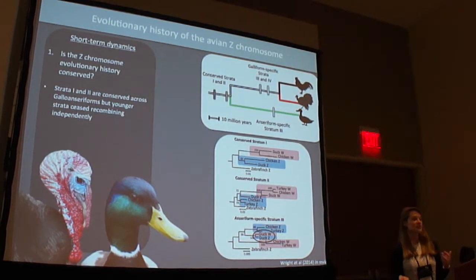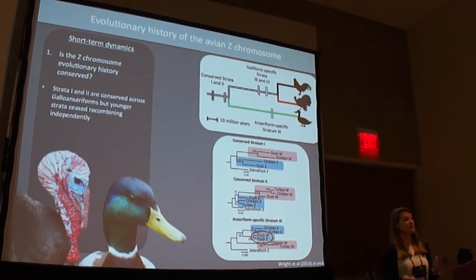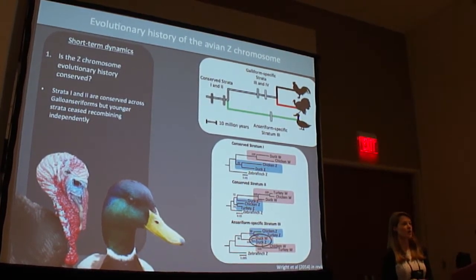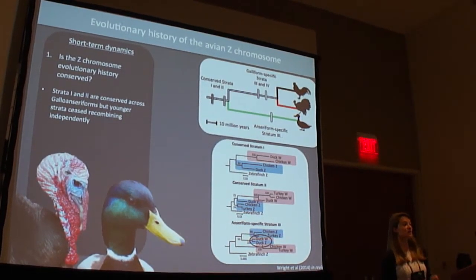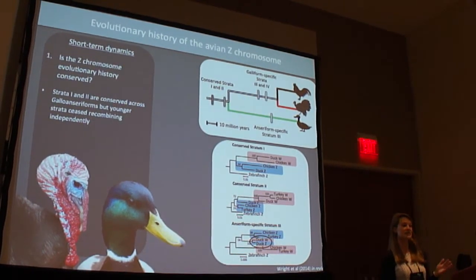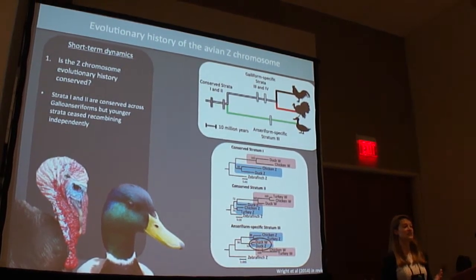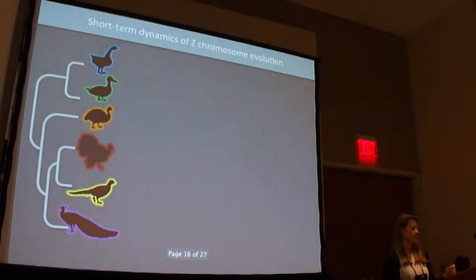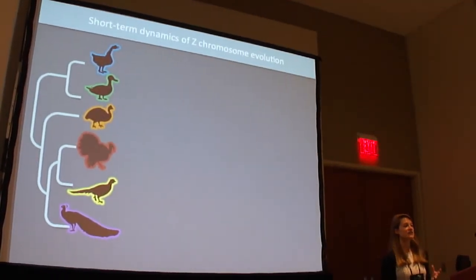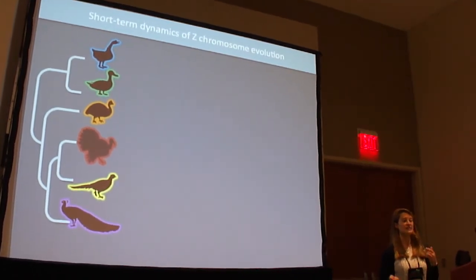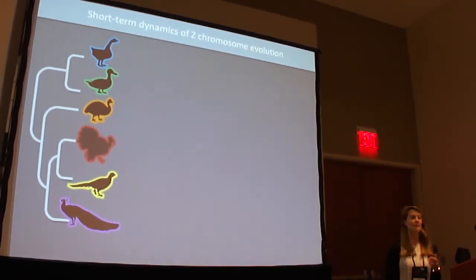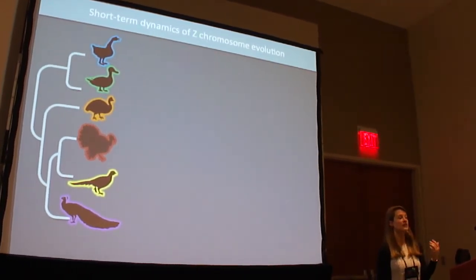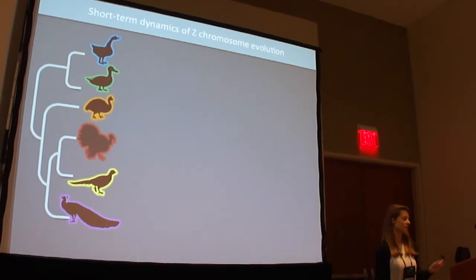And so now we've established that we have relatively comparable evolutionary histories of the Z chromosome across these clades of birds. We can start to compare gene expression on the Z chromosome across these species to examine how Z-linked gene expression evolves over shorter evolutionary time periods. So we might expect the extent of Z chromosome masculinization to differ across these 6 species, because they vary in the degree of sperm competition and therefore the degree of male-specific selection.